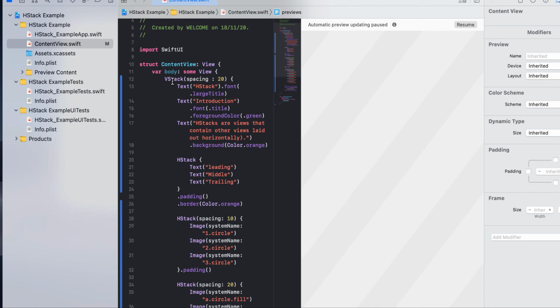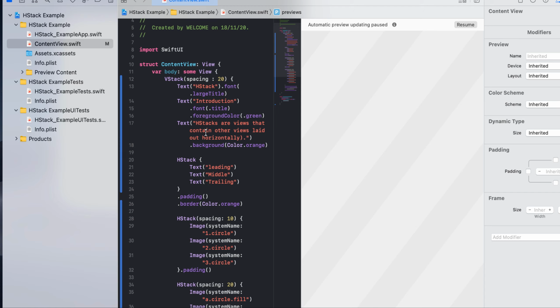VStack spacing 20, and each one of them will be spaced with 20 points. So this is HStack, and we have given the font as large title. Text introduction dot font title. So large title will be bigger, and the dot title will be smaller than the large title. Then foreground color is the color of the text, which will be green.